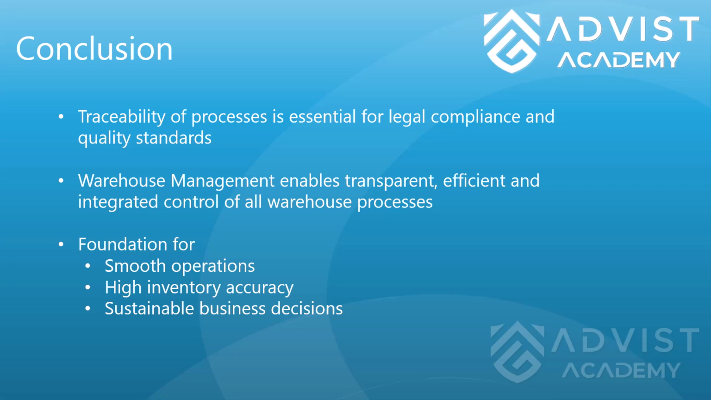A well-implemented warehouse management system ensures that warehouse processes run not only smoothly, but also transparently and traceably. This means it is always possible to determine when goods were received, where they were stored, and how they left the warehouse. This traceability is essential not only for operational efficiency, but also for compliance with legal regulations and quality